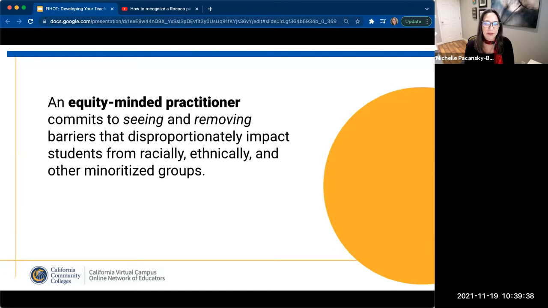We have been looking at equity gaps, particularly in the area of race and ethnicity, but we're also acknowledging all of the different ways that power in social environments minoritizes individuals with different identities, and recognizing that identity is intersectional, right?